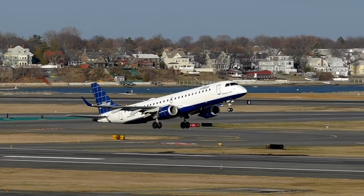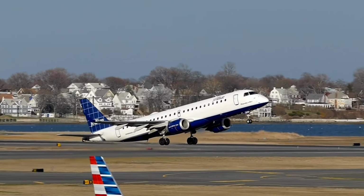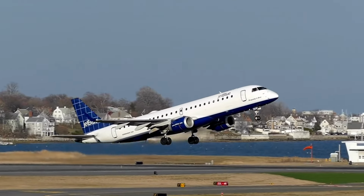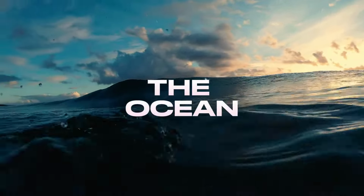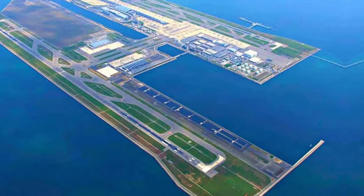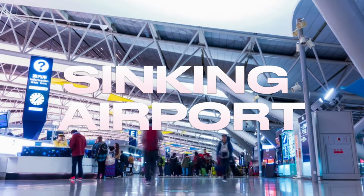Yes, you heard that right. This incredible airport, built on artificial islands specifically to avoid land scarcity, is slowly being swallowed by the very thing it was supposed to rise above: the ocean. So, what's causing this engineering nightmare? And what are they doing to stop it? Buckle up, because we're about to dive deep into the story of a sinking airport and the race against time